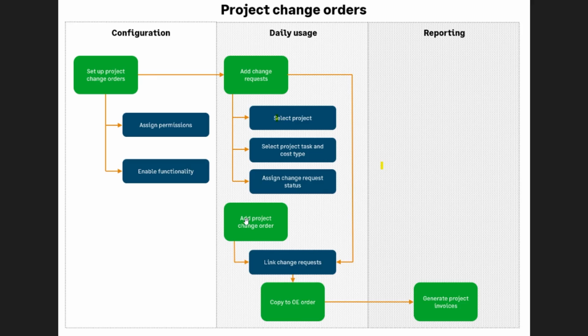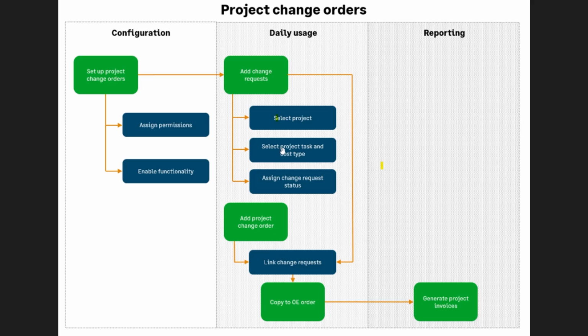Next up, we're going to add a project change order, and then we're going to link our change requests to the project change order. You might have one change request, you might have 20. So this way you can just have one executed change order. If we were to stop at just the step of issuing change requests, that will only affect our estimate. You're not going to be able to bill on the change request or actually affect the project contract line in your SOV until you do the second step of issuing the change order.